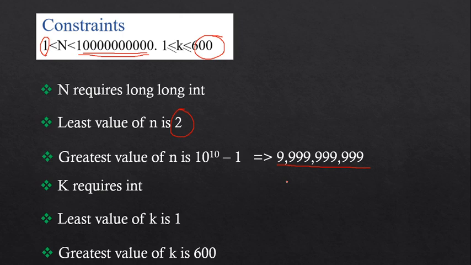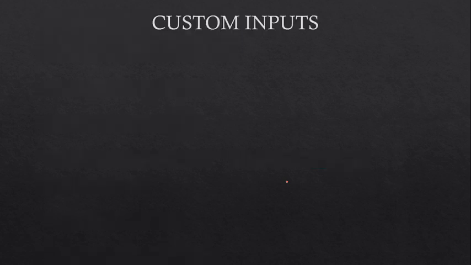So now I am going to provide some custom inputs. I will create some input cases on my own and analyze whether a program works for such cases. Alright, so my first input is going to be n is equal to 7 nines. Okay, I have 7 nines followed by 12. So in this input case, what will be your output?